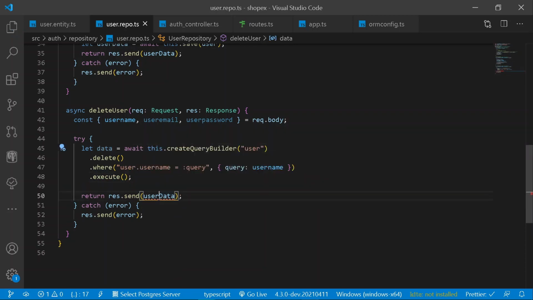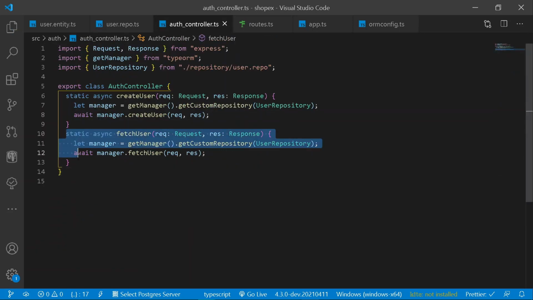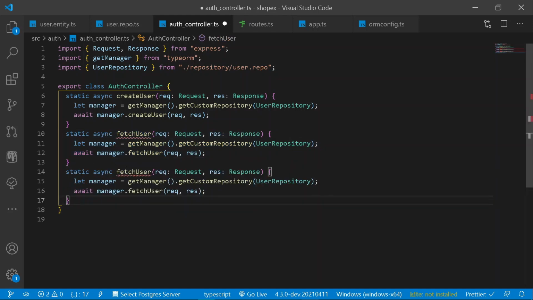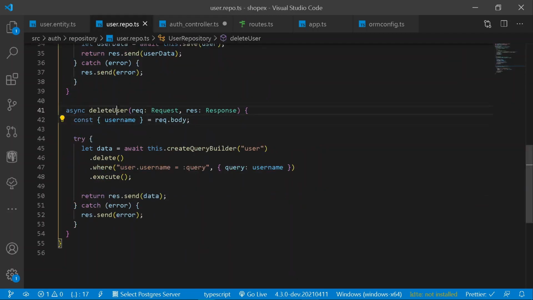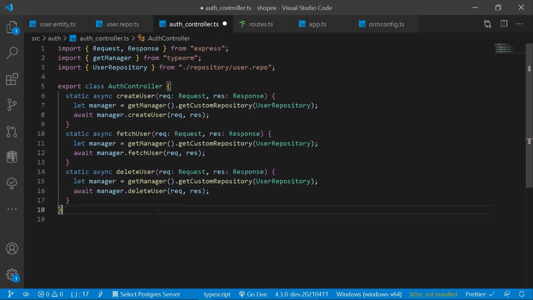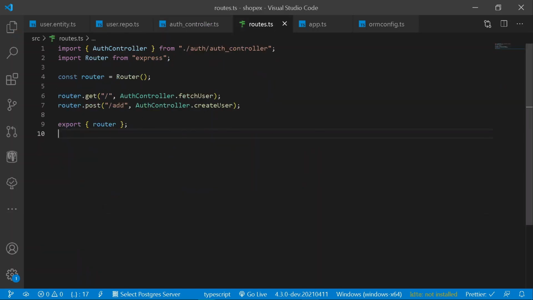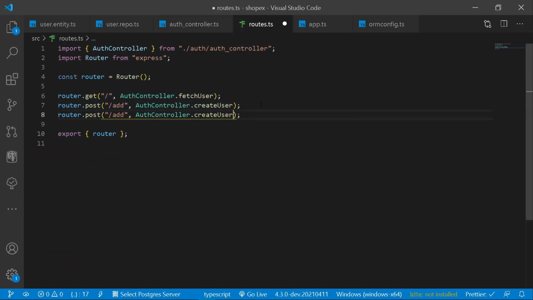So now let's try it out. But before trying it out, let's remove this property from this side, add a username. And now let's go under auth controller, copy our following static method, paste it here. And here let's say delete user, and here let's copy the following method, paste it here. Cool. So once we have done this, let's go under our routes, and after adding all our data, let's add a new path of deleting the data. Let's say delete, and here let's add a method of delete user.